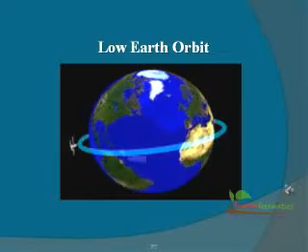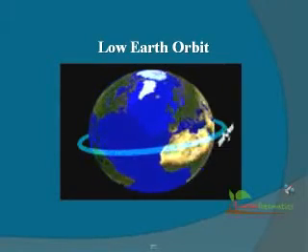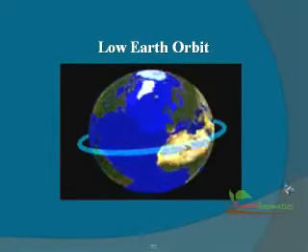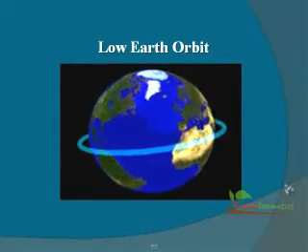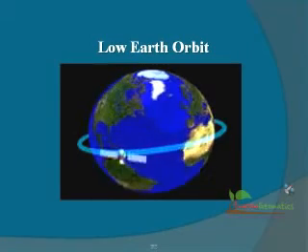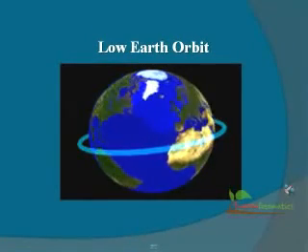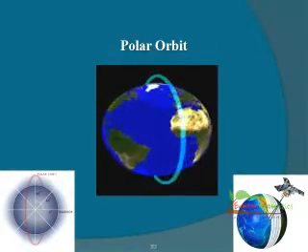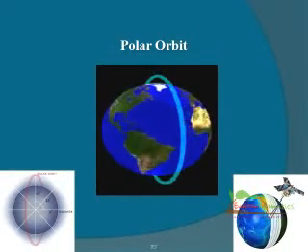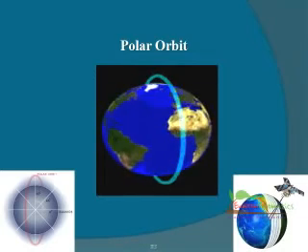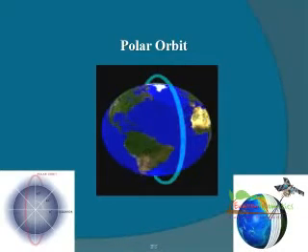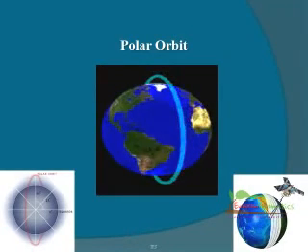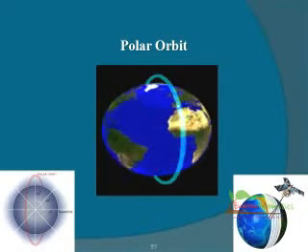Low Earth orbit. When a satellite circles close to Earth, we say it's in low Earth orbit. Satellites in LEO are just 200–500 miles high. They can circle Earth in about 90 minutes. Polar orbit. The polar orbit is a particular type of low Earth orbit. The only difference is that a satellite in polar orbit travels in the north-south direction, rather than the more common east-west